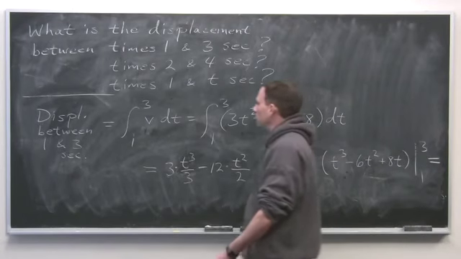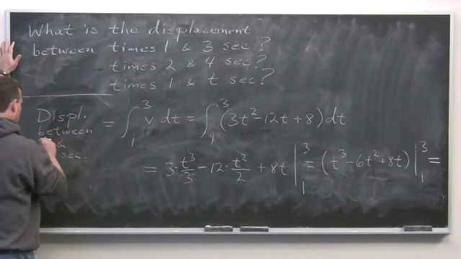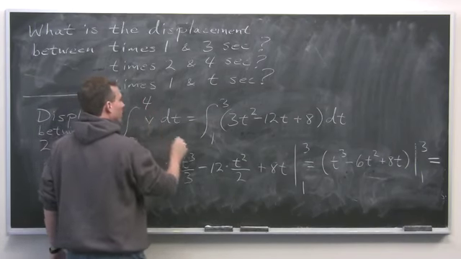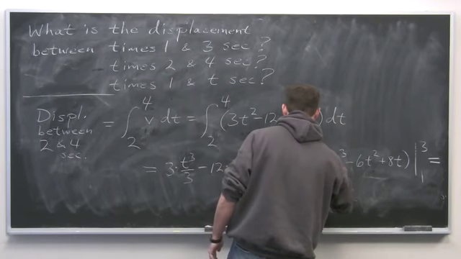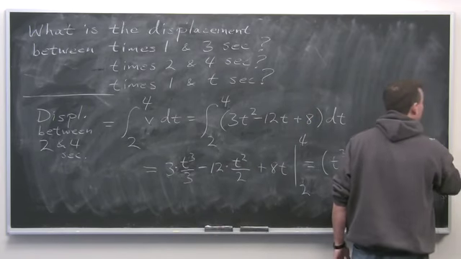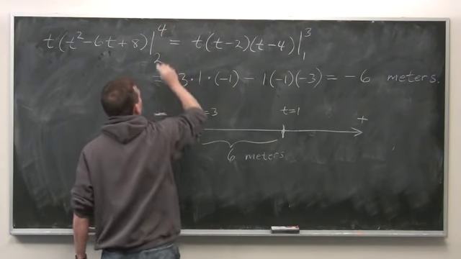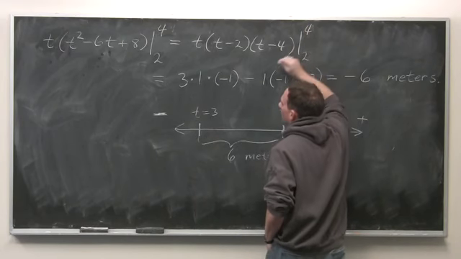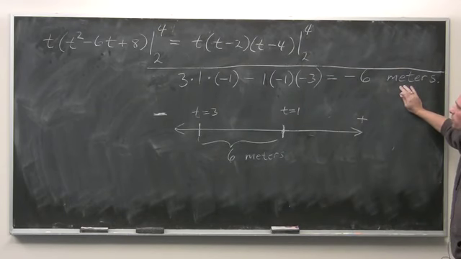What's the displacement between times 2 and 4 seconds? Well, all you do is change this to a 2 and this to a 4, so that's all that happens everywhere. 2, 4, 2 and 4,